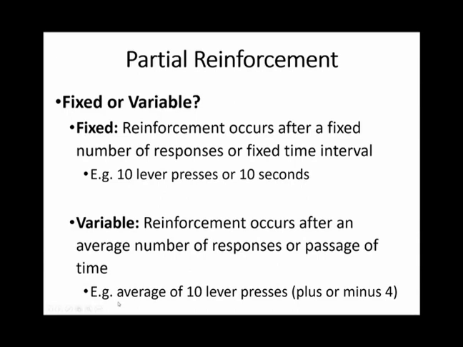So if you see average in a description of how they're being reinforced, or if you see a clarification of plus or minus a certain number, we're talking about variable. But if we say after exactly 10, or if we don't quantify it with an average or a plus or minus, if we say just a number, it's going to be a fixed partial reinforcement. The variable are the ones that start introducing that wiggle room. And so keep that in mind while we go off to our next question that we ask, where there are